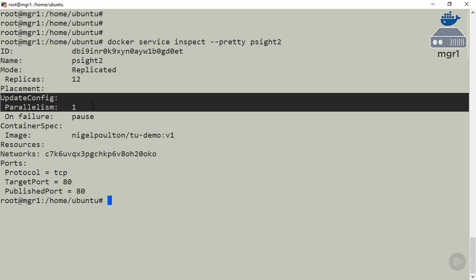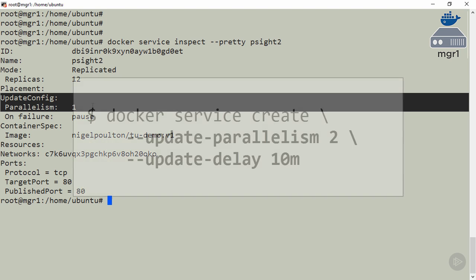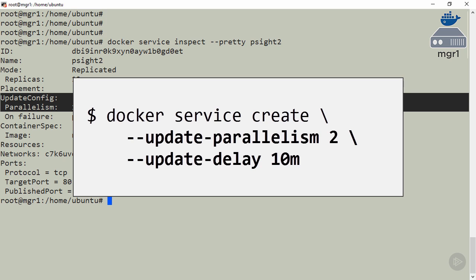Now then, when you initially create a service, so with Docker Service Create, you can set a couple of update related settings. Now, I'm personally not in the habit of doing it when I create a service. It might work for you doing it that way, help yourself. But what these options do though is set defaults for the